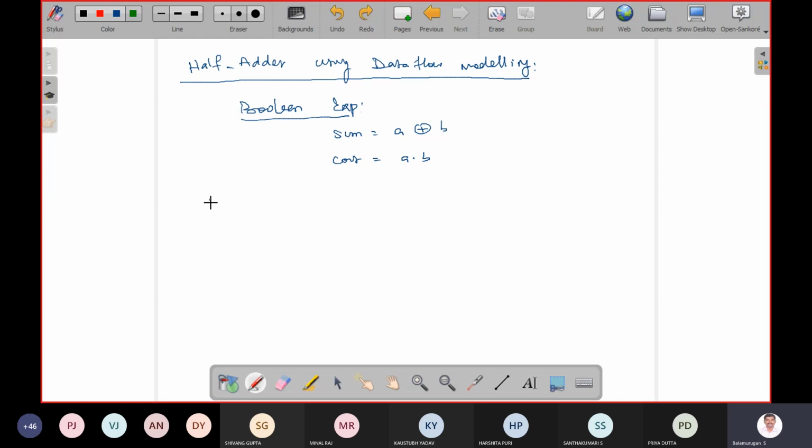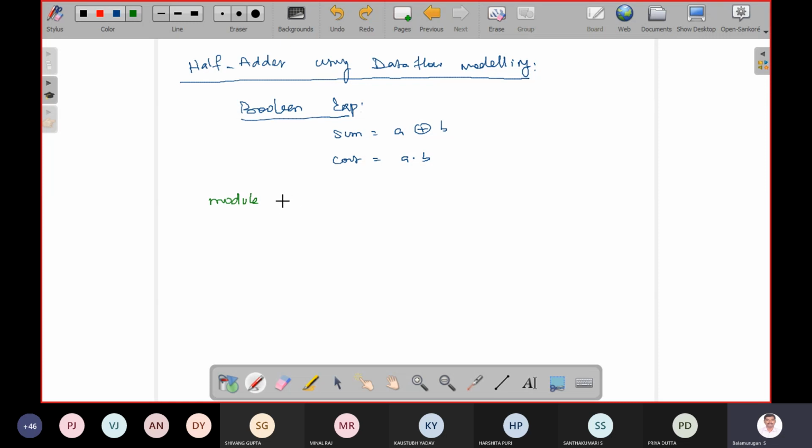So it should start with module. What will come next? A user defined module name. Sir, half adder. Yeah, module name. I already told you some of the restrictions and good ways to write the module name.